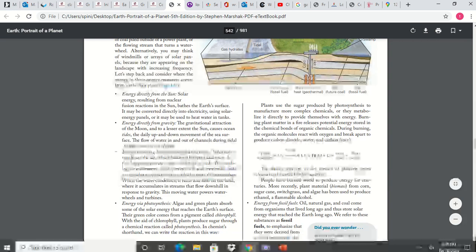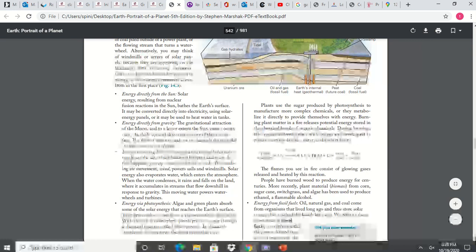Energy from gravity. So any kind of thing flowing from top to bottom. So all the hydroelectric power from dams and that sort of thing is because water is moving downhill, right? It came uphill from the sun, so you could say flowing water is a combination of solar and gravity, right? Because the sun has to heat up the water, it has to evaporate, go up in the air, come down someplace higher, and then as it comes down the mountain, that's when we capture it and use it to generate energy.